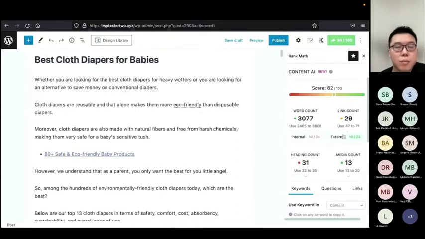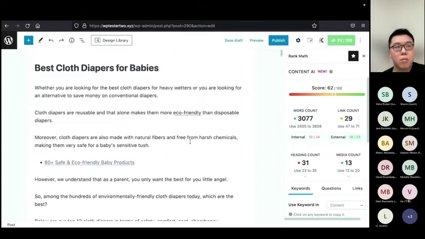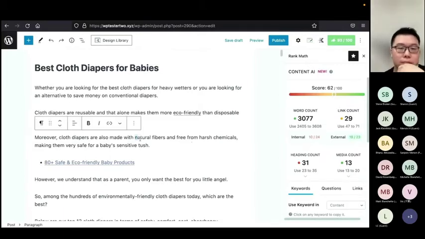Anyway, for internal links, to hit 24 is kind of difficult, especially when your website is new, or you just don't have that amount of internal articles to link to. So this is an opportunity for you to discover new content topics to be written, and then later on to be added as an internal link to this article. For example, in this article, natural fibers could be a topic that my site can discuss. But at this moment, I don't have that article ready. So when I write an article that is related to natural fibers, I can add the internal link here. The key here is not to force anything onto the article just to make the metrics look nice. It should be as natural as possible.